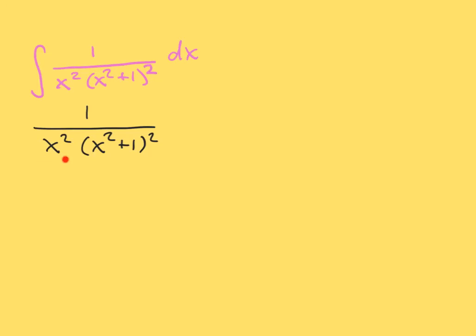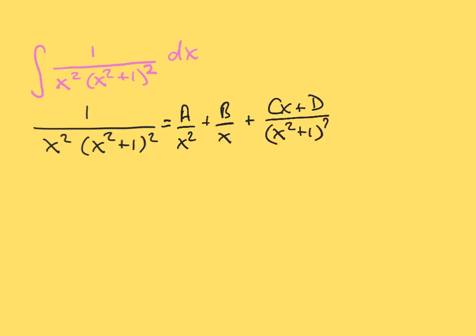So for the x squared, what we must get is something like a over x squared plus perhaps a subleading term, b over x, plus cx plus d over x squared plus 1 squared,